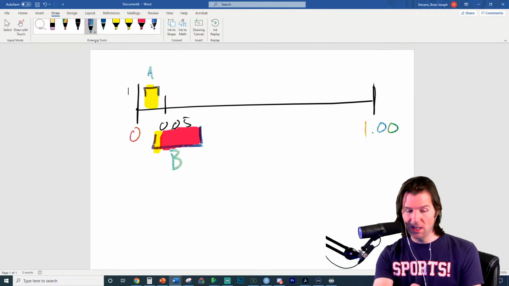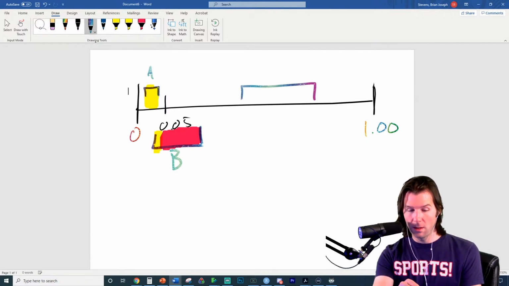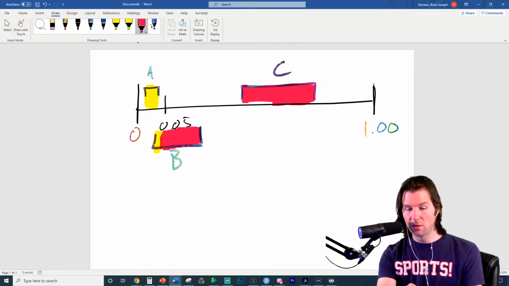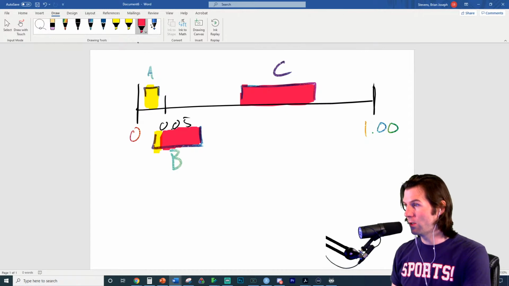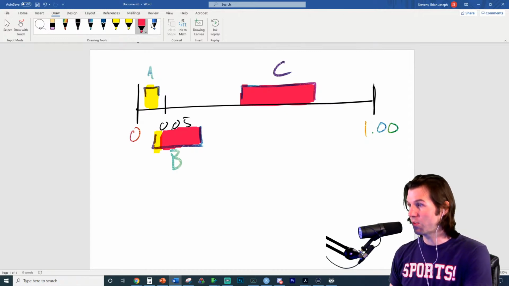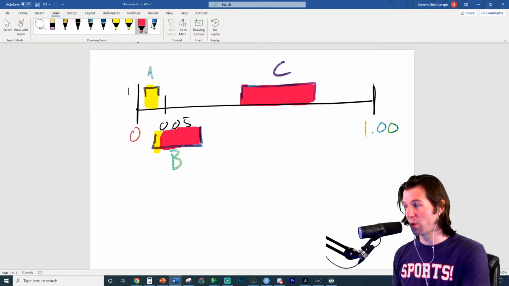But with interval C, what would you say for interval C? For interval C, you would know it's what? Interval C goes from like 0.4 to 0.7. So with interval C, you would say it's definitely this, you'd be confident it's not statistically significant. And these are kind of the three results you can get.